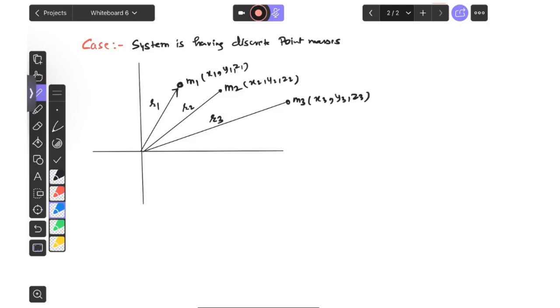To figure out the position of the center of mass, what we do is